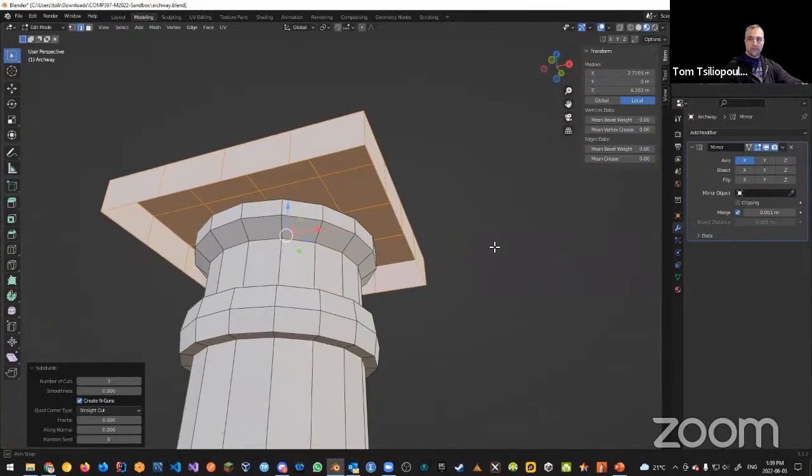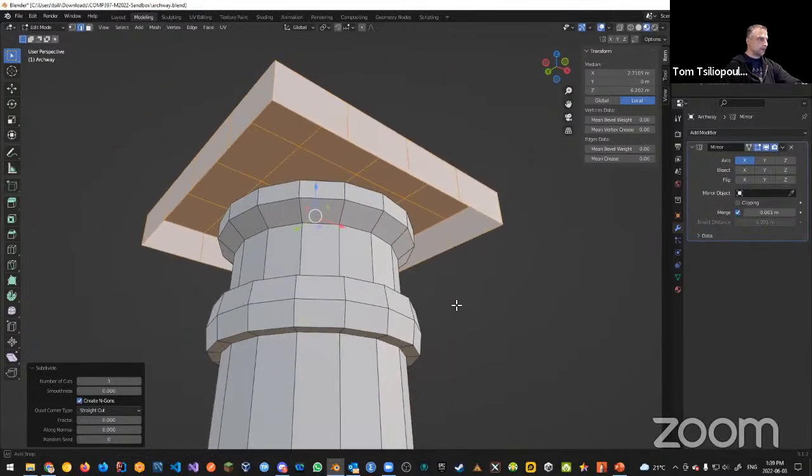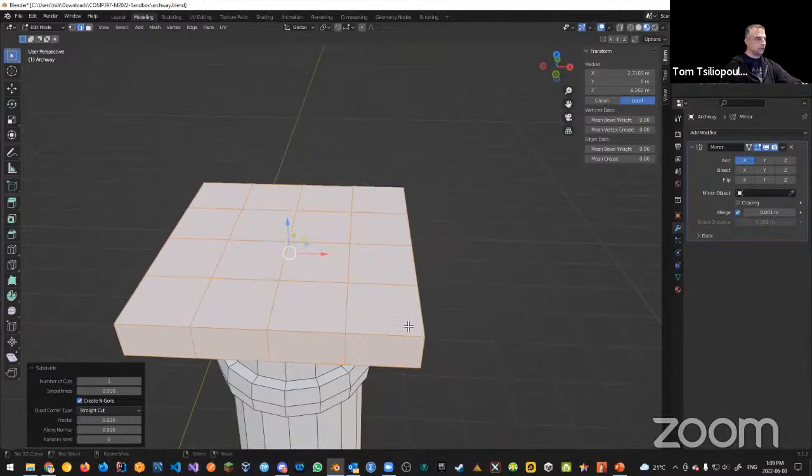That saves us a lot of time because I would have had to cut them manually before, and I don't want to cut things manually. Okay. Nice. So that's how we did this part. Nice, nice, nice. But it's going to cause us issues when we extrude the top, because the top, if we